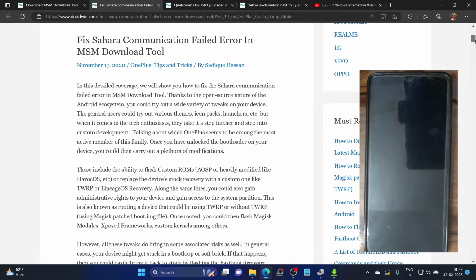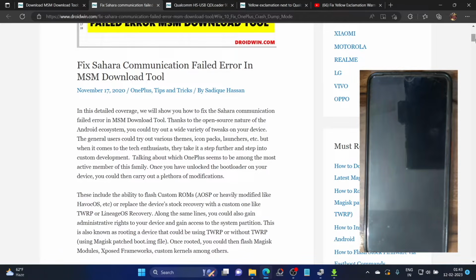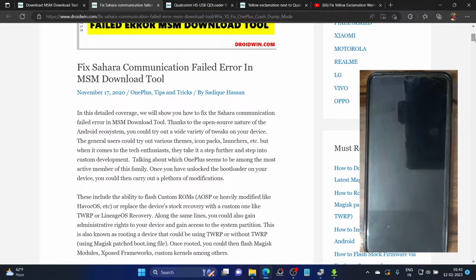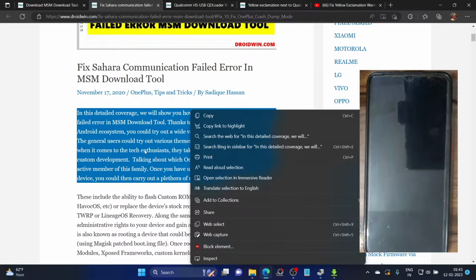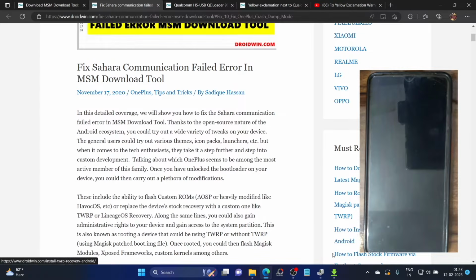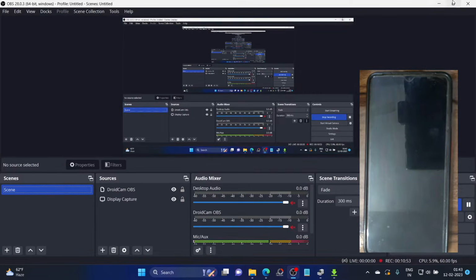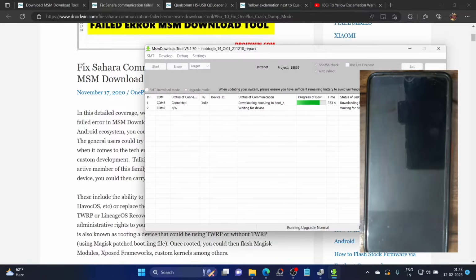Apart from that, there also exists one more tool whose name is Fastboot Enhance tool. I've also made a guide on that. For that tool to work, your device should at least have access to fastboot mode. If you have access to fastboot mode, in other words, if your device is soft bricked or is in a boot loop, then you could also use the Fastboot Enhance tool and get this job done. So let me show you while the process is going on. I have also linked the Fastboot Enhance tool guide in my description. You could go and have a check there.